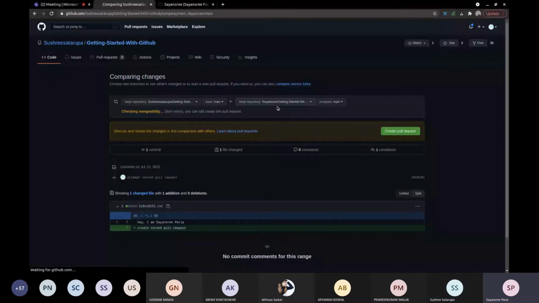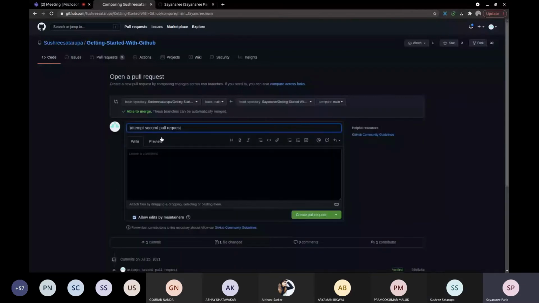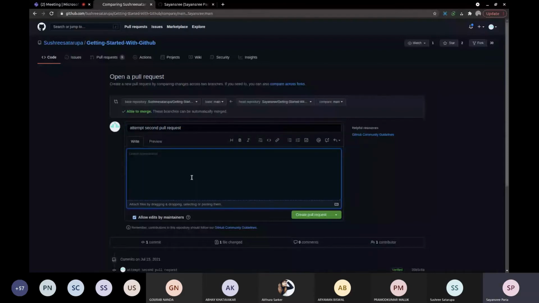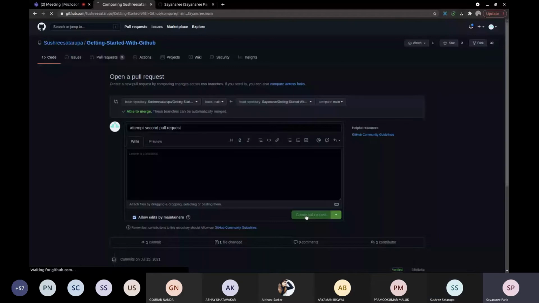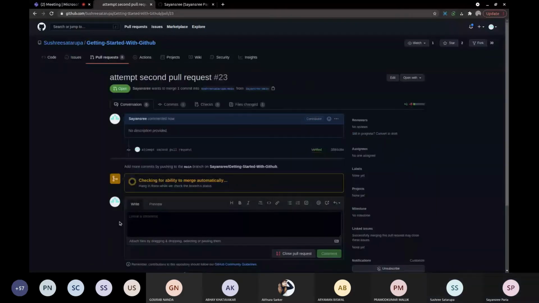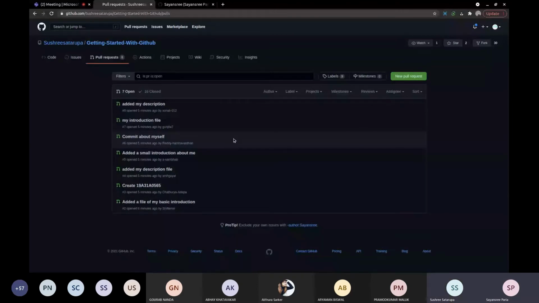After that, you will have to assign some message. It has already given some default message, and you can also write some comments if you want to brief what you are doing, and then you click on create pull request, and it will automatically create the pull request. When your pull requests are pending, they will show on this tab, and once they are merged, they will show here as closed.